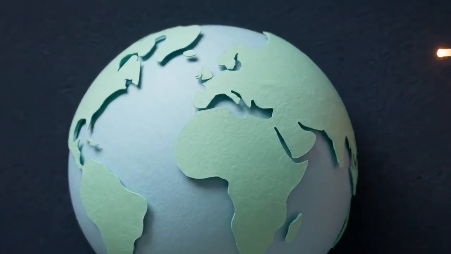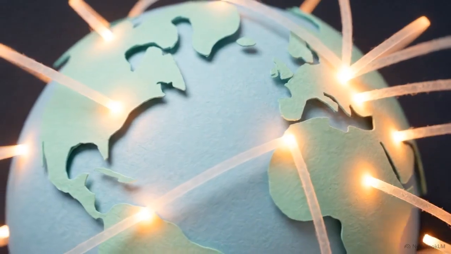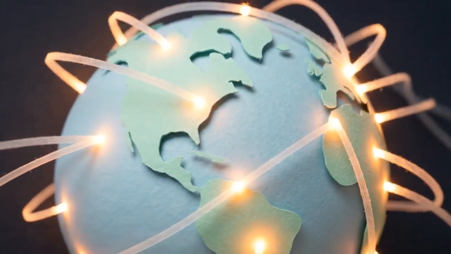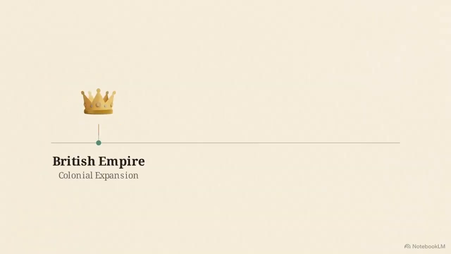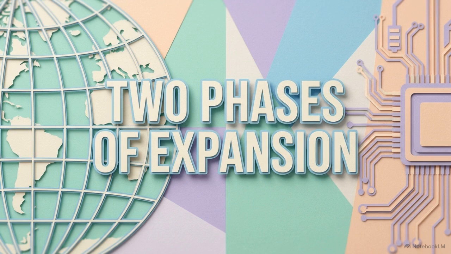English currently functions as the primary vehicle for global communication. This reach is the result of two distinct phases: colonial expansion under the British Empire, followed by a post-war surge in economic and cultural influence. To navigate today's linguistic landscape, we must examine the colonial structures that planted the language and the modern mechanisms that